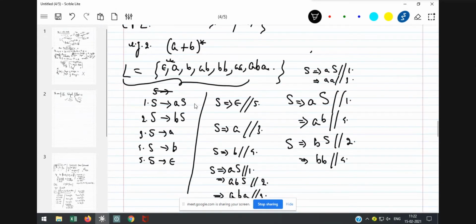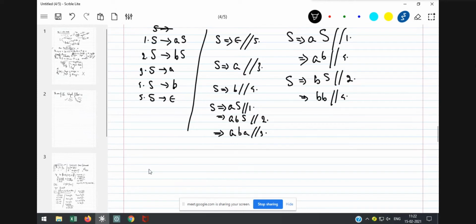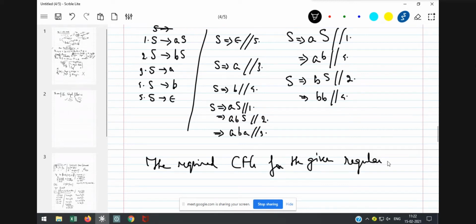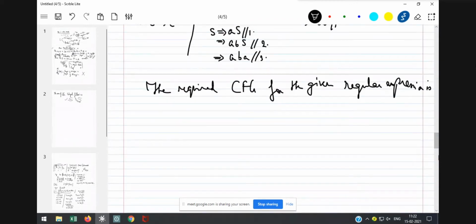So now let me write the required context-free grammar for the given regular expression is